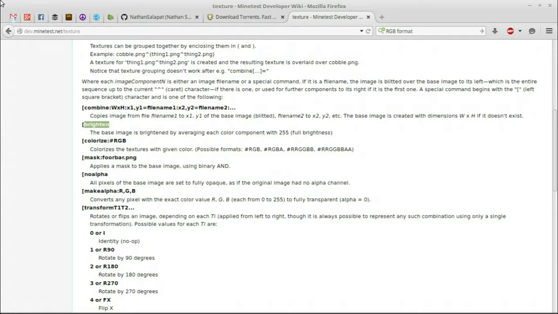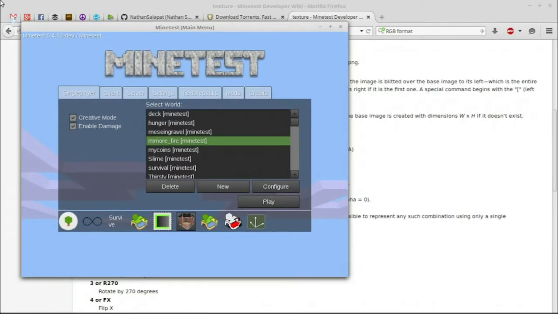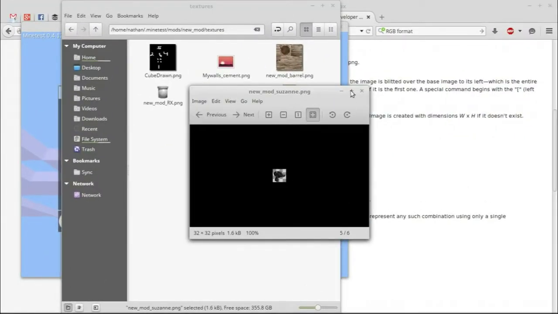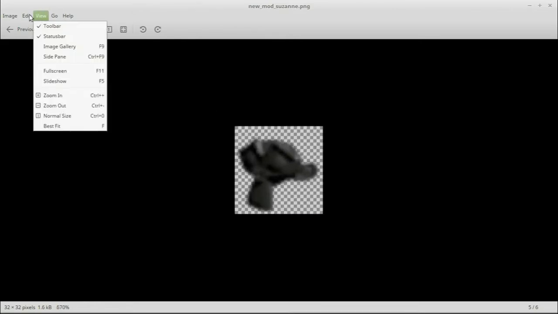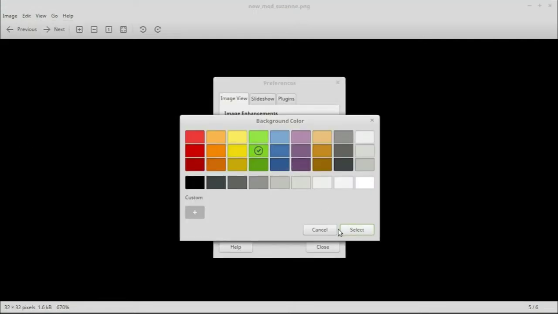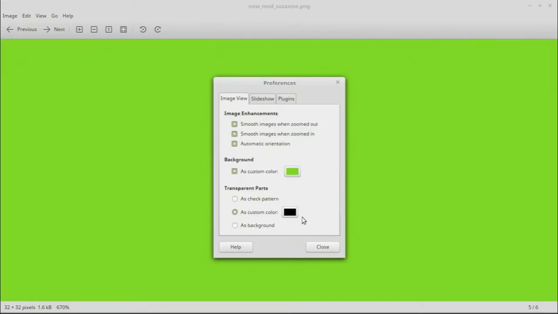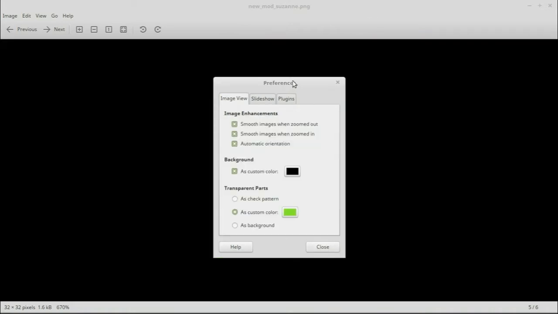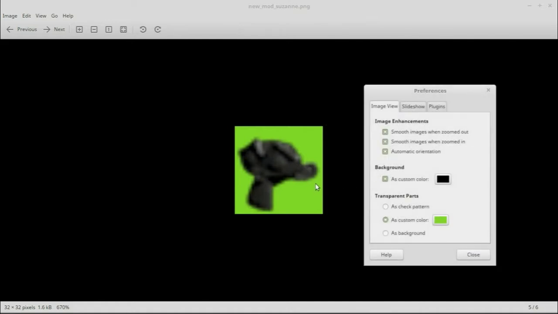So if you had an image, which of course I won't, we'll just use this as an example. If we had an image that, how do we do this now? Bear with me one second here. Background, we're going to make this green. Whoops. Yeah, let's hit cancel. Not move. Yeah, no, we didn't want to do that. We wanted to do this one. I don't usually change this on my photo viewer. Voila! So if we had an image, and this you actually see quite a bit in games that use sprites,